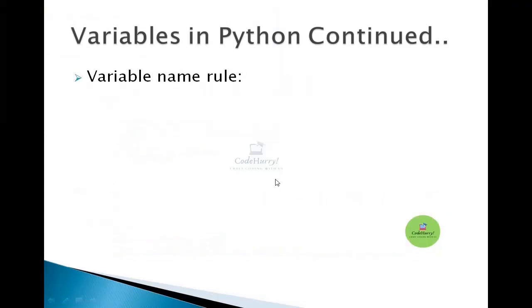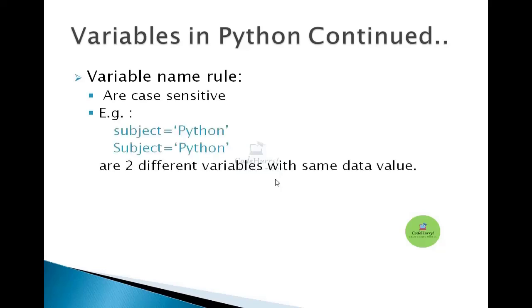Okay, now the naming rules. The rules for creating variable names are: the names are case sensitive. That means subject equal to Python and capital Subject equal to Python are considered separate variables.